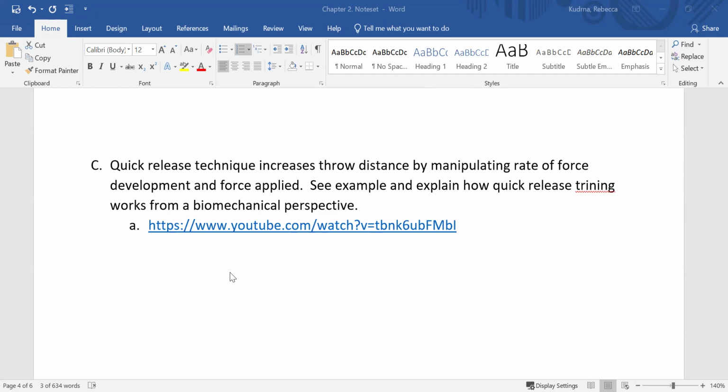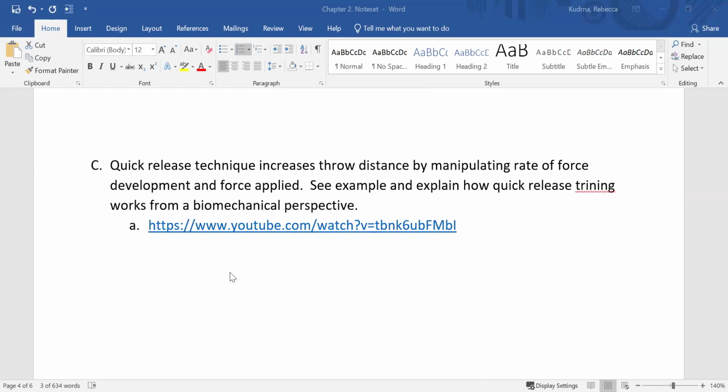The video here is an example of this using a sprinting harness. You put the harness on and you're basically holding the athlete back, giving them resistance so they cannot move, and then you suddenly pull the string and they release and they can speed off, accelerating faster than they are used to. Now, the benefits of quick release training are to increase velocity, increase speed, and basically train the brain to move faster. So we talked about last week